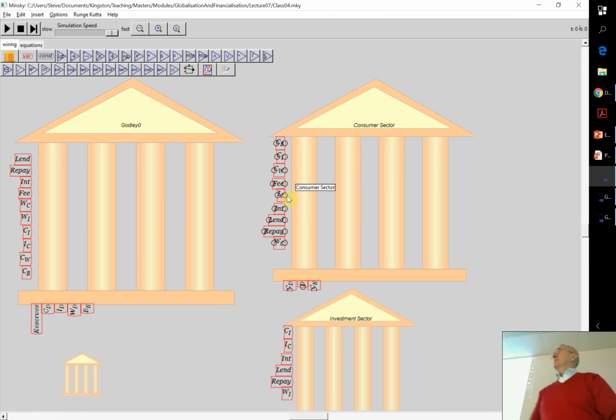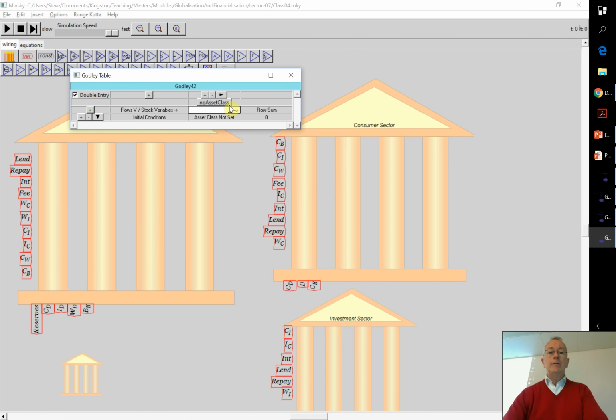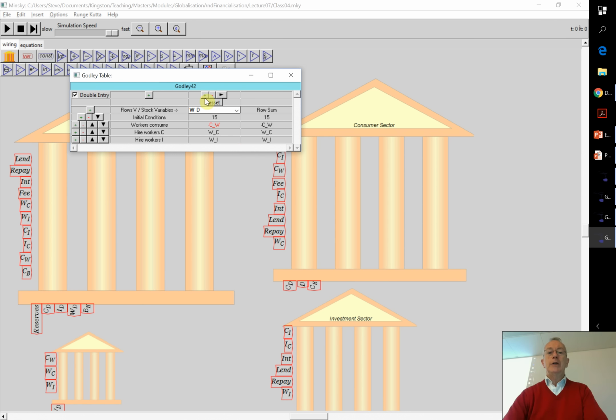So that's it for the workers. I'll see the workers quickly. There's much less dynamics for the workers' account because they haven't got them doing any borrowing at the moment. So go and look, okay, what are the available assets that haven't yet been allocated? Click on the down arrow. Only the workers' deposit account is left as an asset and allocated, and there are their transactions.